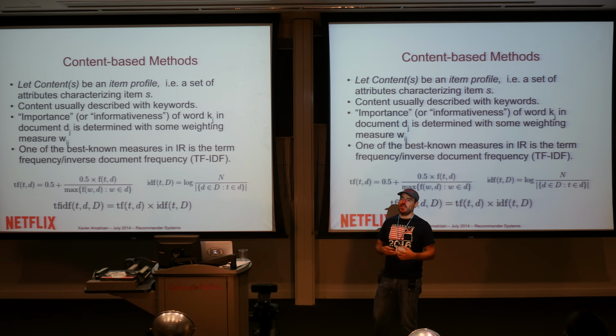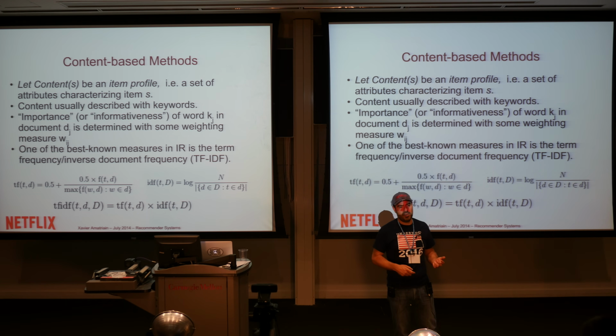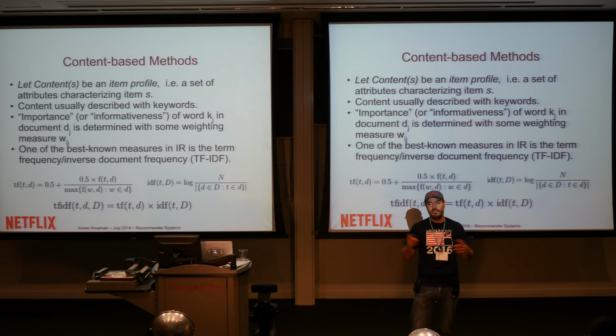So if a word is very common in my collection, and that's going to be measured by the IDF of a term, if it's very common, it gives me very little information. If it's very uncommon, it's likely to give me more information about that document. And the term frequency is how many times that term appears in that particular document. So combining those two things, how many times the word,